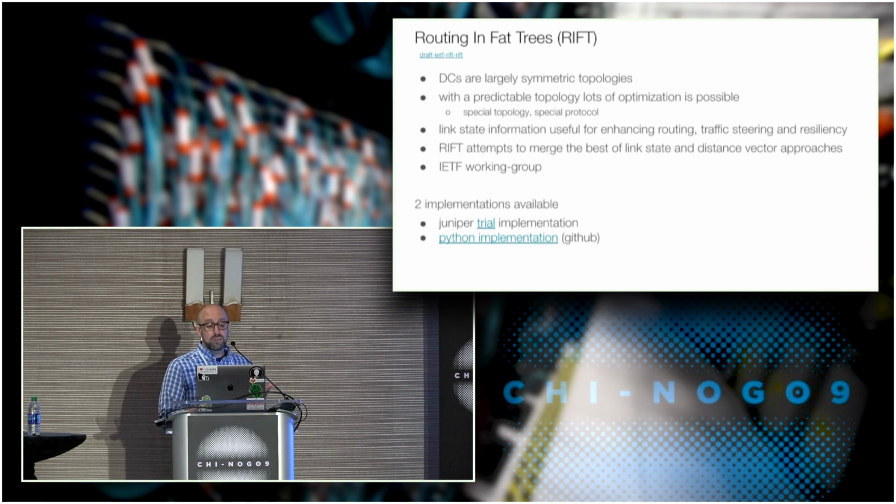So what he's attempted to do here, and I think he's done a great job, is to take the best parts of BGP's distance vector approach and do some smarts in terms of flooding information so that you don't overload the network with